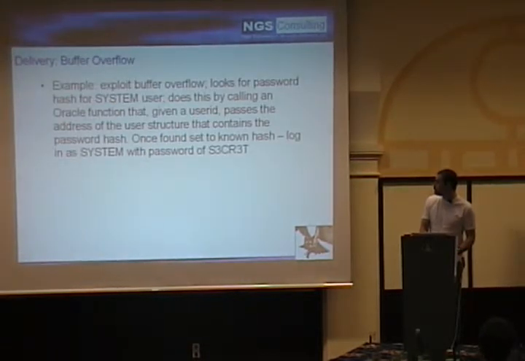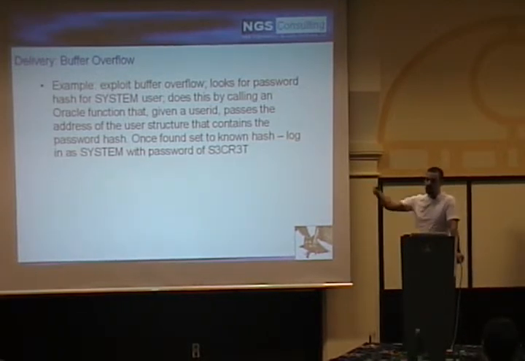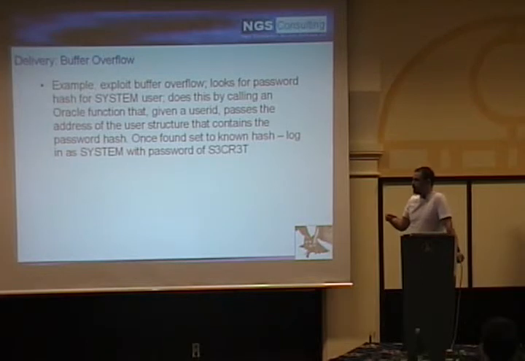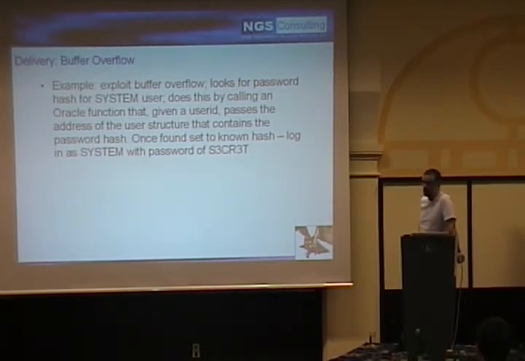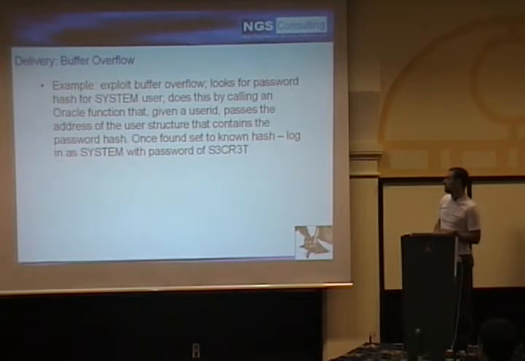Okay. Buffer overflows. These are probably going to be the simplest attack because obviously if the remote Oracle server can get back out to me over the network, then there's real problems with egress filtering on the firewall. They shouldn't be able to do that. So in terms of delivery, if we can exploit a buffer overflow, we can pretty much load up everything we want from there. So the example we're going to show here is an exploit of a buffer overflow